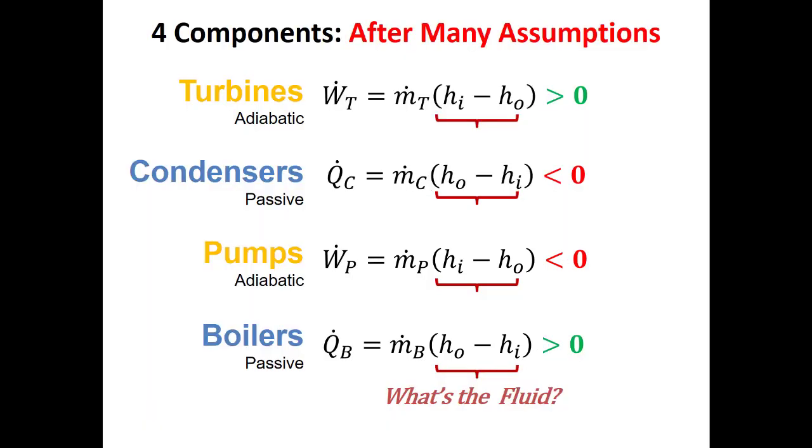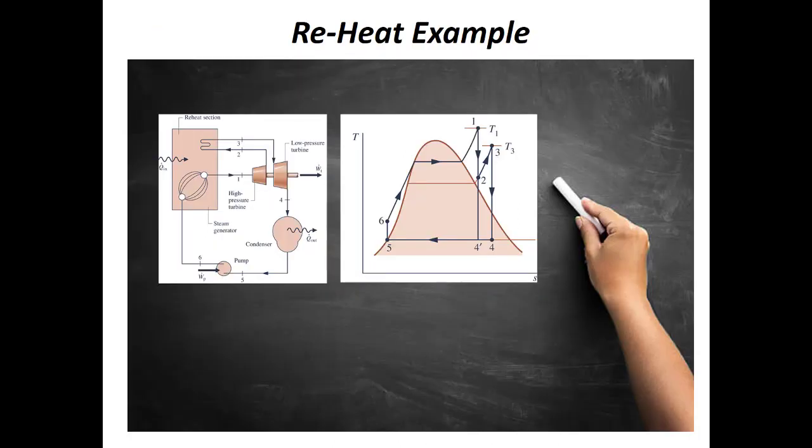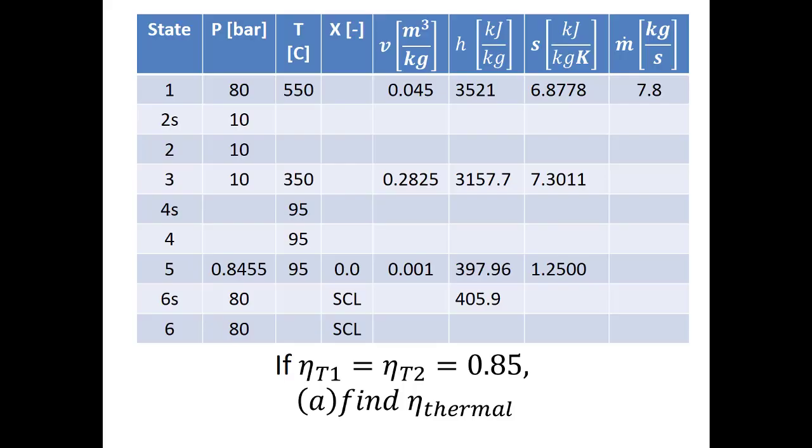So if we're talking about a Rankine cycle or a Rankine cycle with reheat, the working fluid is going to be water, or at least something like it that's bouncing back and forth across the vapor dome. So hopefully this part is making sense, right? So what we're going to do today is we're going to go through an example of one of these reheat problems, just so you can see how we would go about solving it.